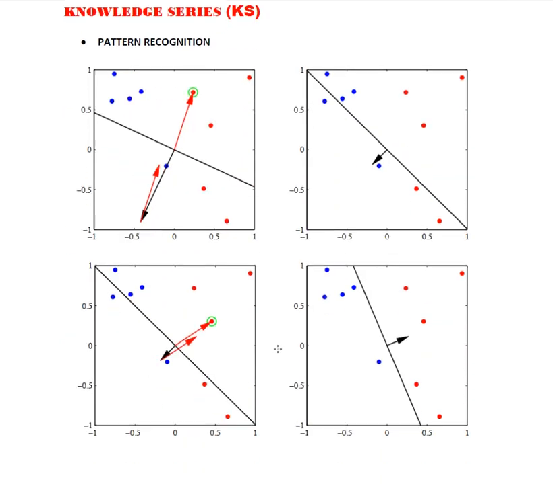Now here you see the pattern recognition. Here, some input has been shown. The input is shown as a set of data points, red points and blue points, scattered in the given square box. Now in this square box, initially a decision line is put like this one, but this decision line is not linearly separable.